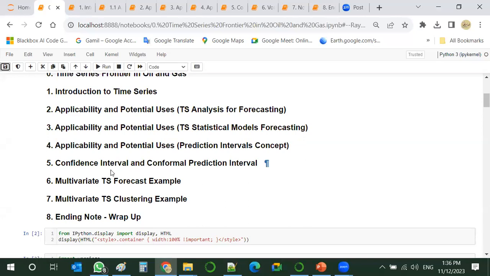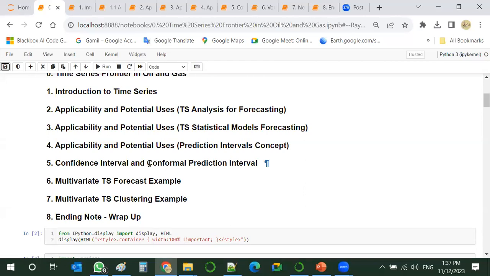So we'll have as well a talk about the difference between the statistical confidence interval, which most of the audience, I believe, know, and compare it with this new concept in application.